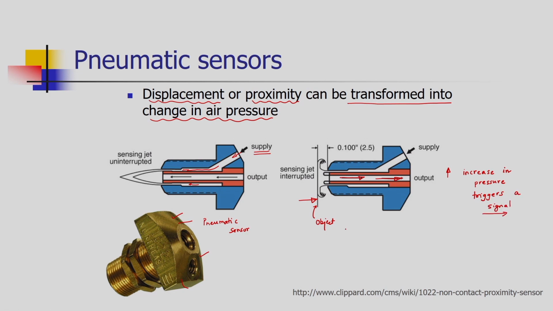So, with this principle of operation, this sensor works. It has no rotating parts, it does not have any electrical circuit. So, it works with the simple fine compressed air. Of course, we need to have good quality compressed air to operate these kind of sensors.